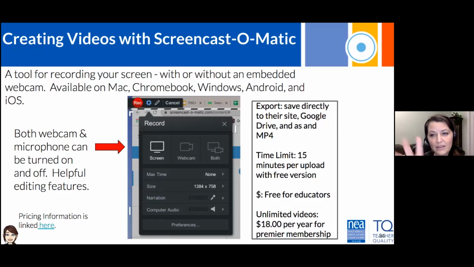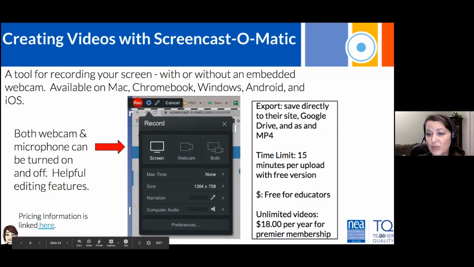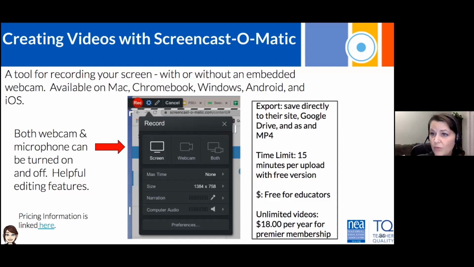You can edit within. You can zoom in and out while you're recording with this one, which is kind of a nice perk. Again, you can write right onto the screen as well. And your special settings would be right here in the gear. To record would be here. And you're going to see once you go inside it, there's this little black and white bar, and you have to drag that over the area you want recorded when you're in Screencast-O-Matic, if that makes sense.